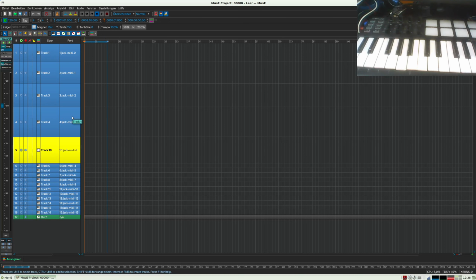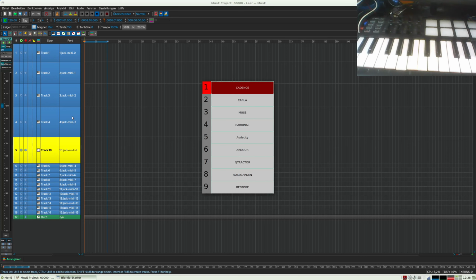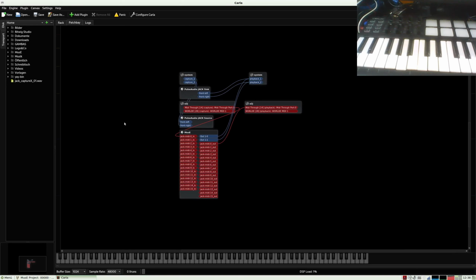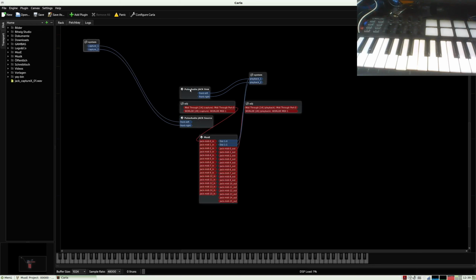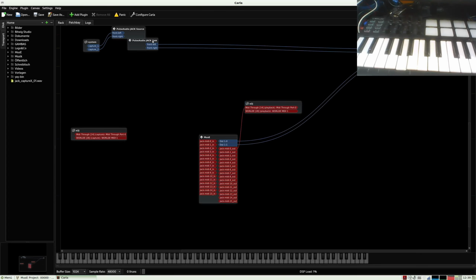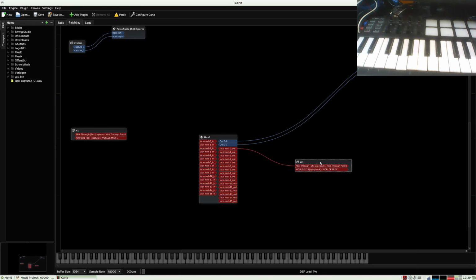I start the Kala software. This is here and it's almost there. Here it is, and we have our Muse here and we have some other connections. This one here, I want to cancel this connection. This one can stay connected. This is the output. These are the things for Pulse Audio, and here we have this. We don't need it. Disconnect all.